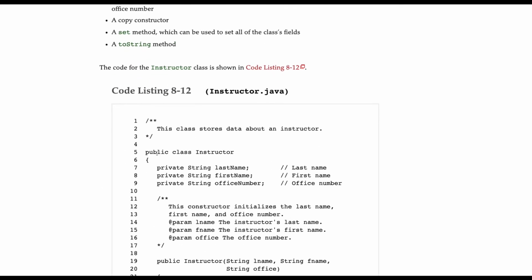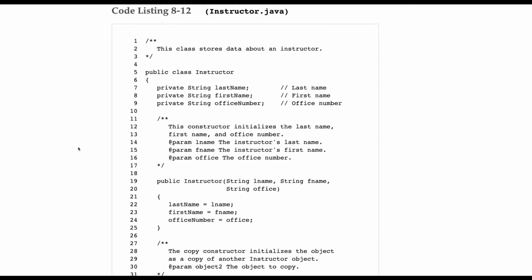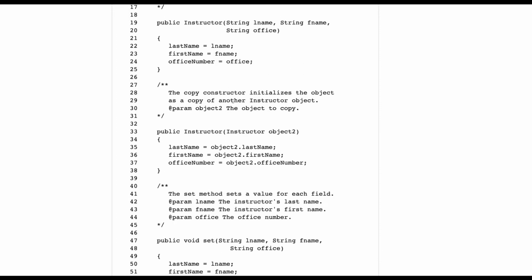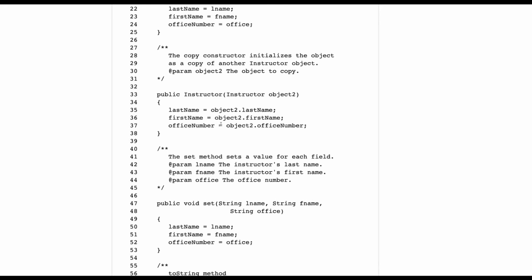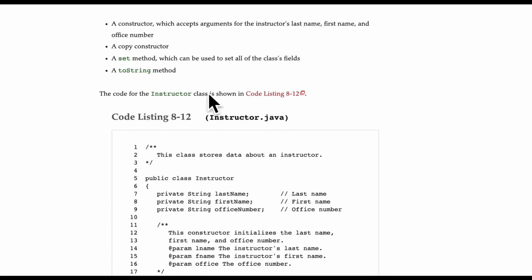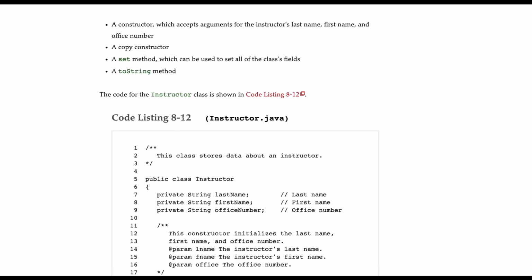So if we scroll down here, we have code listing 8-12, the Instructor.java. Every instructor has a last name, a first name, and an office number. None of this is particularly new. Here we can see with this Instructor class on 8-12,